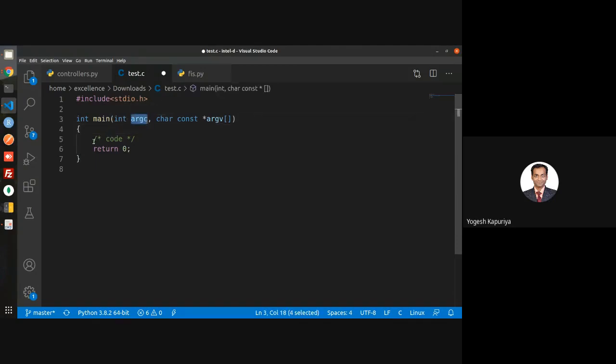One is an integer argument c, which is actually the number of arguments which you are passing. And second is a char star. You can observe this. Char star means that it's basically a pointer to the argument v, which is an array. So, sorry, it's a string. So it's a pointer to a string. That means if you execute this,